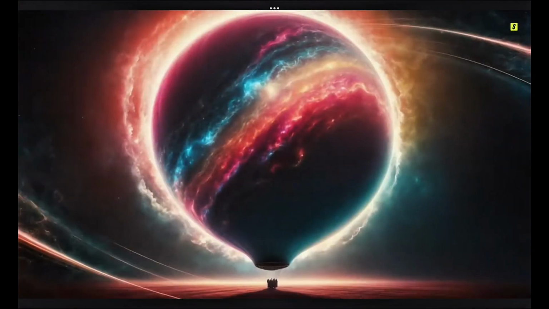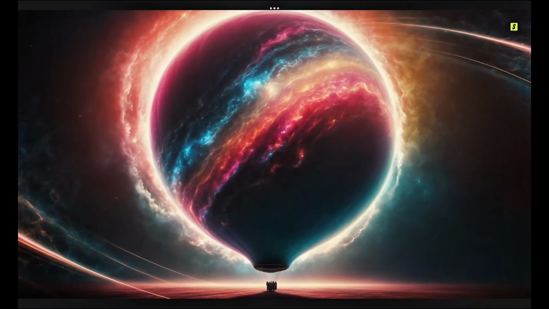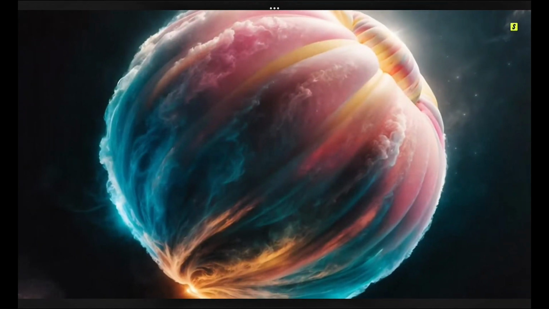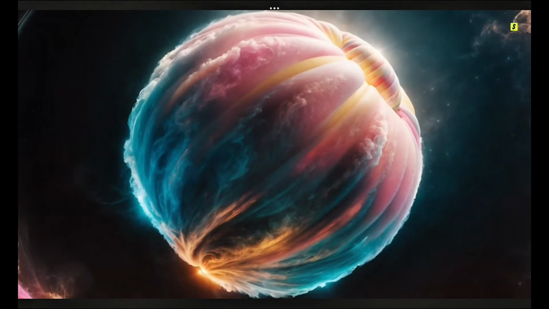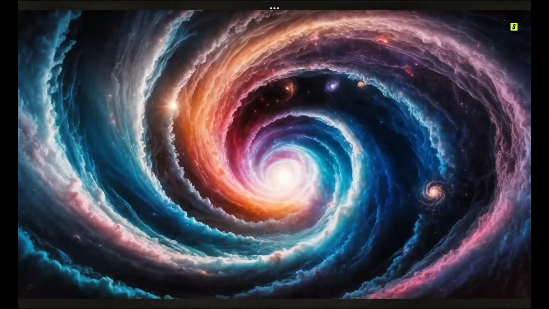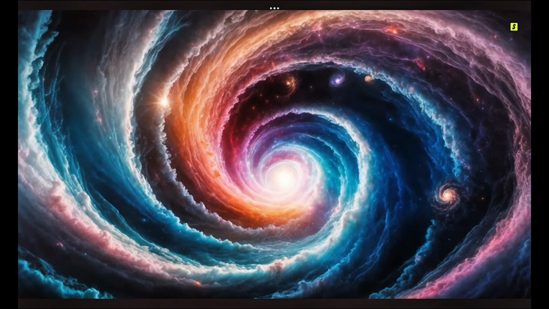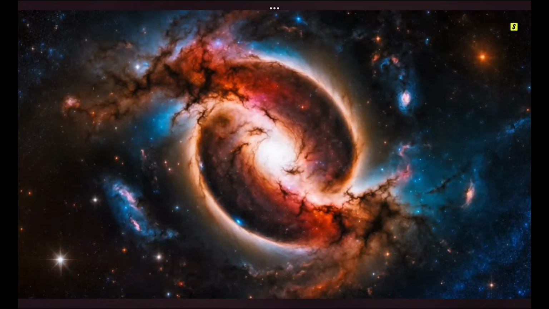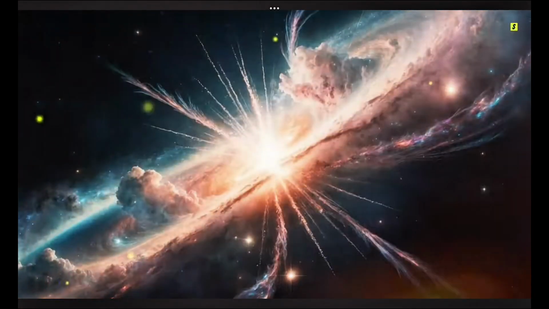Imagine the universe as a rapidly inflating balloon. At a certain point in time, the balloon was so small that it contained all the matter and energy that would eventually form stars, galaxies, planets, and everything else we observe in the cosmos. The expansion of the balloon represents the expansion of space and the spreading out of galaxies in the universe, driven by the force unleashed during the Big Bang.